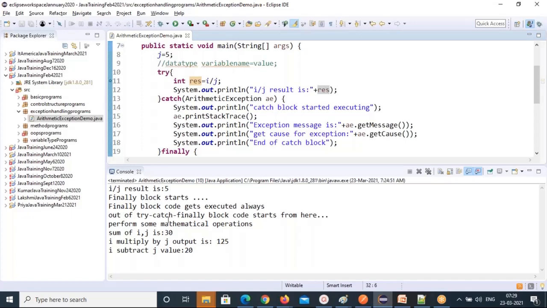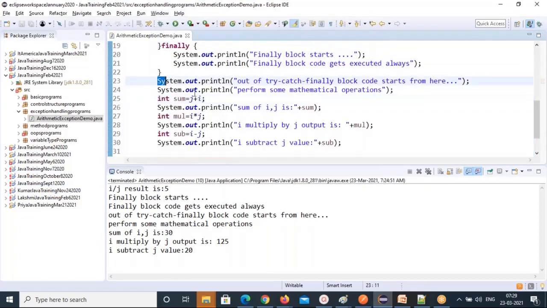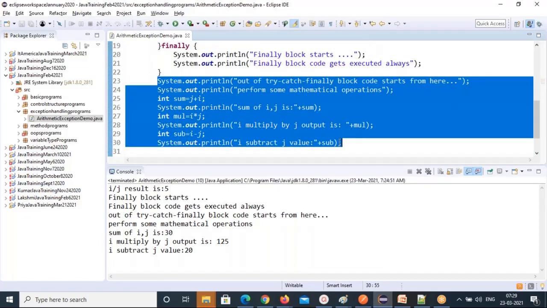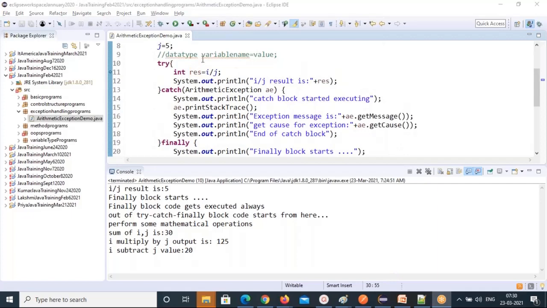This code is not relevant to that try block code. That's why I'm able to test my rest of the code. You can test your rest of the code if you handle these try blocks. So that's all for the day. Tomorrow, I'll show you